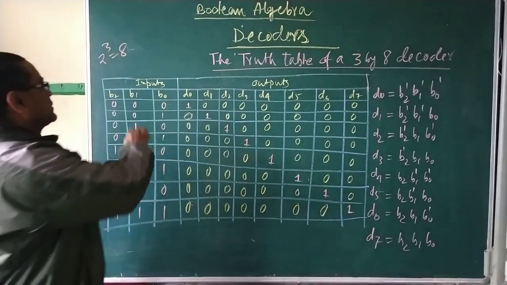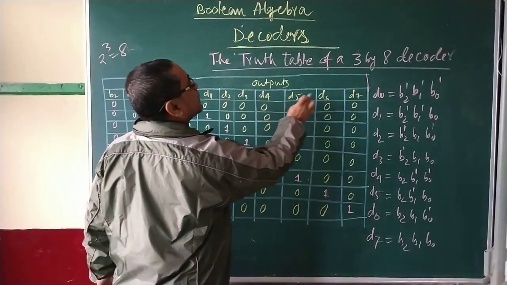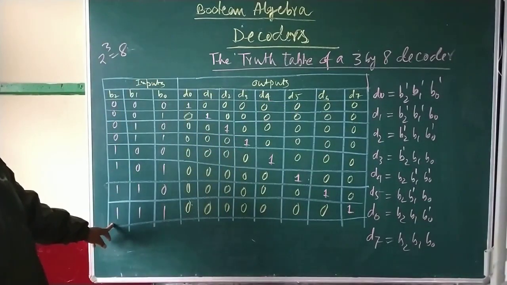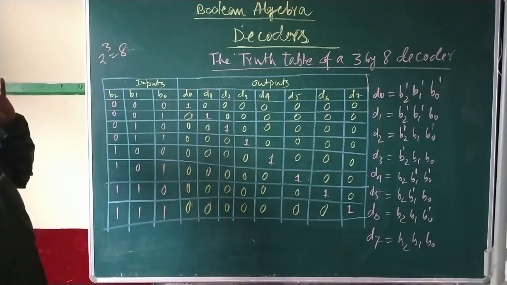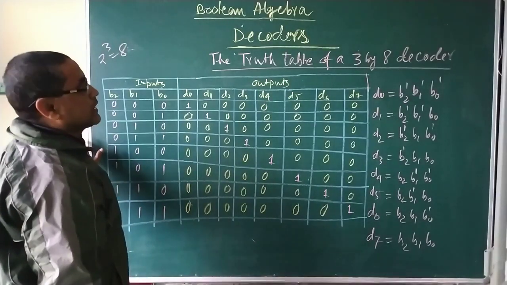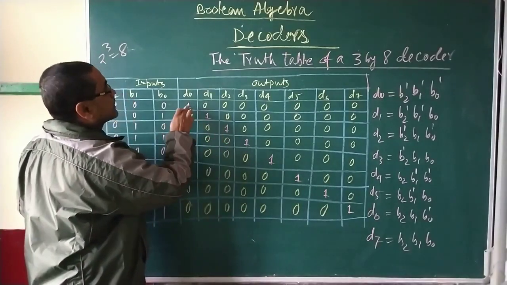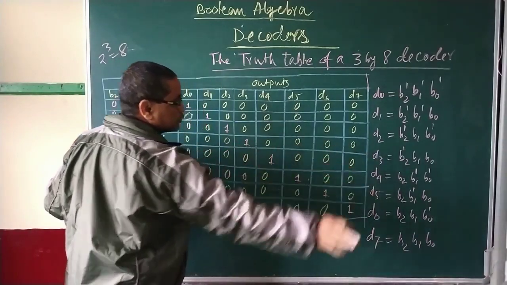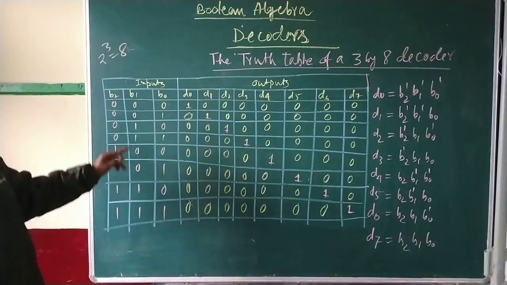And now here this is all binary and this is the decimal 0, 1, 2, 3, 4, 5, 6, 7. See here, from here also up to 7 can be generated from the binary 111, that is your 7. Now you see it is very simple to fill this up. If you use a different color and go diagonally putting 1, then the rest you put 0, and the problem is solved. So you don't have to look carefully, you have to go diagonal.